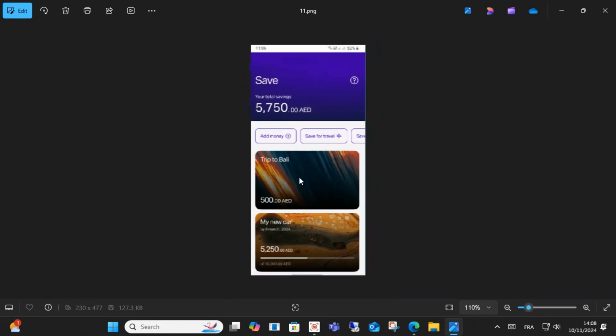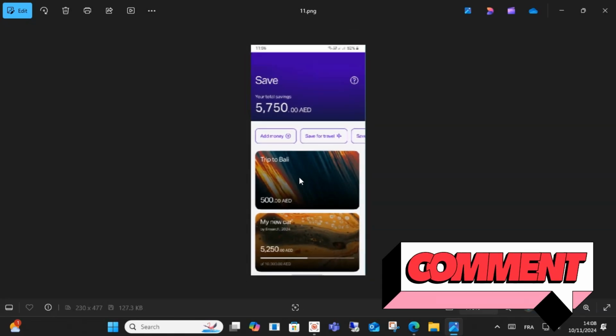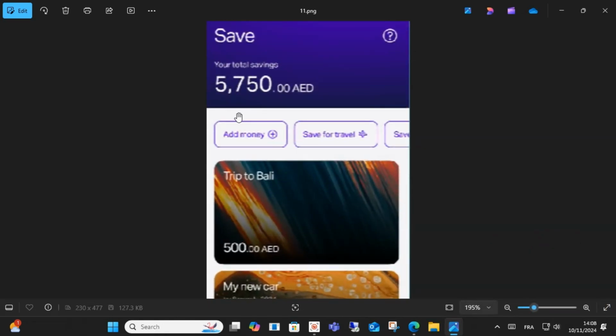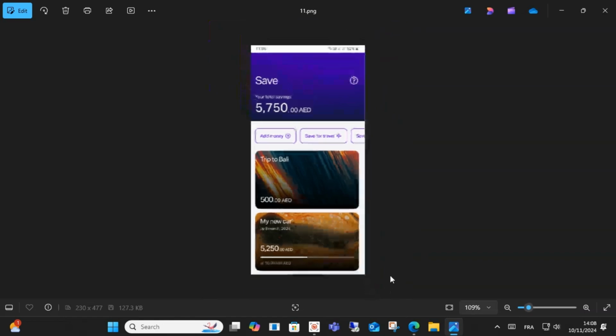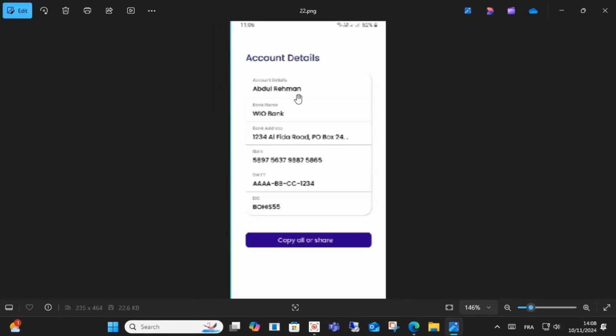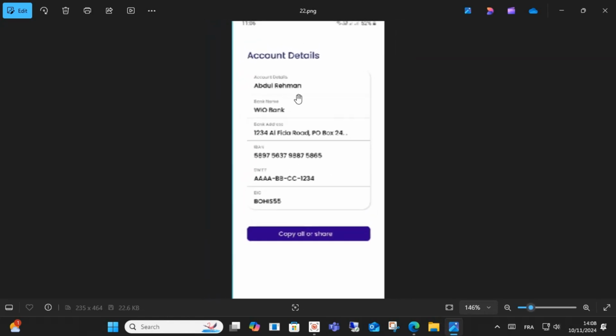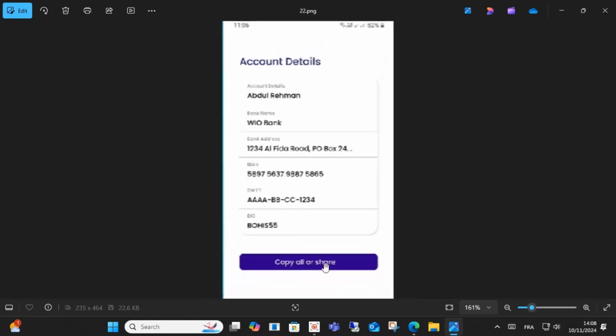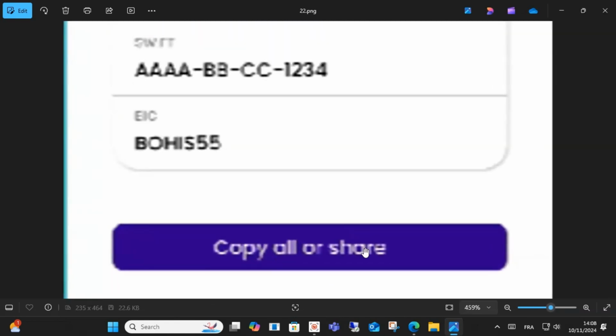So let's get started. First guys, open your app on your mobile, on your smartphone, and log in to your account with your information. After that guys, go to the app and look for the option to add money, as you can see here, and then go to the page and enter your bank account details, your information, and after that click on bank name and the address and Swift code, and below these details you find the option to copy all and share